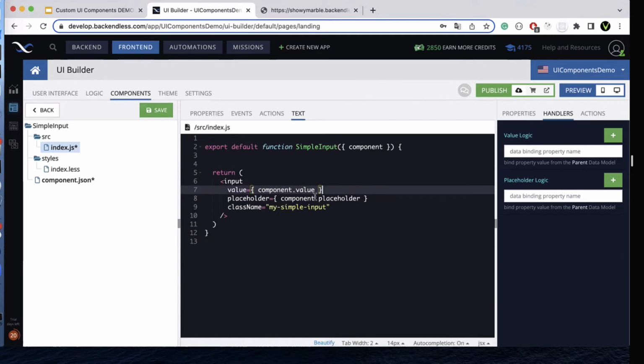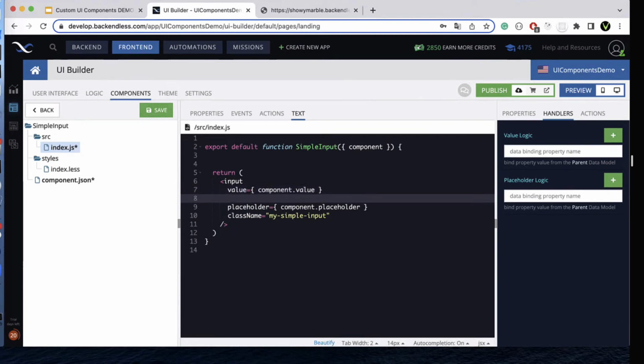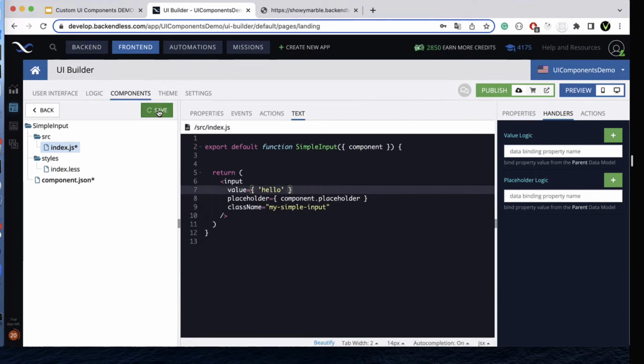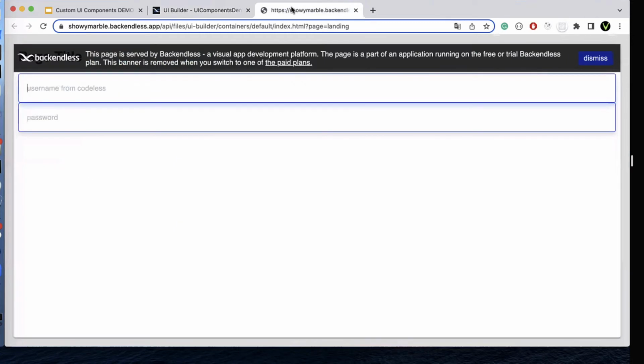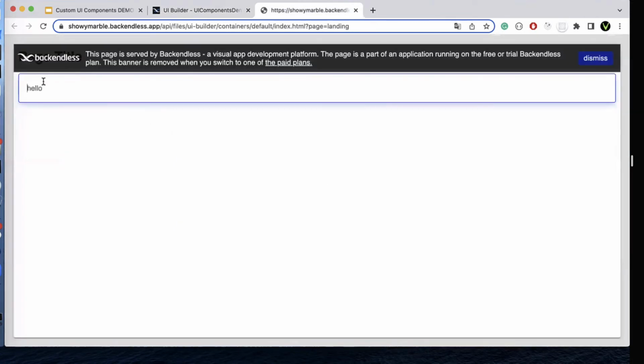But with value, we have to provide an on change handler, because React, if we pass here, for instance, hello, without change handler, it won't refresh when we type something. Let me demonstrate you. Okay, we can see hello value, but when we try to type something, it doesn't update, because the React